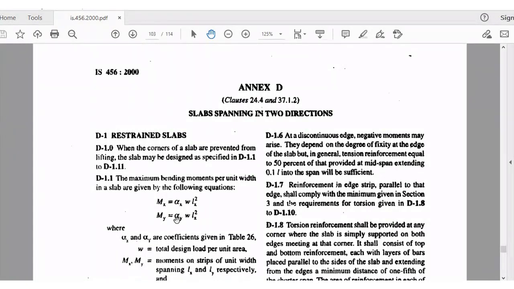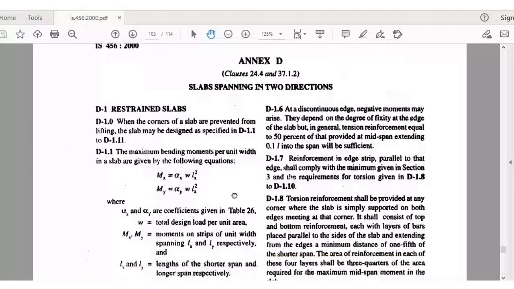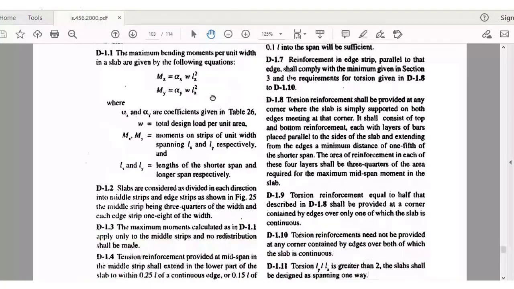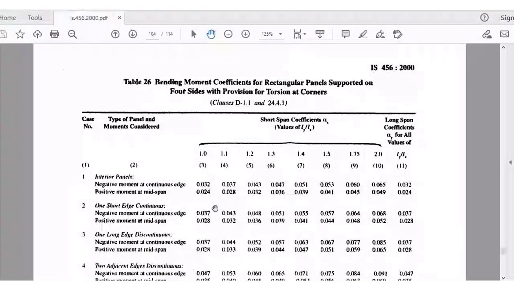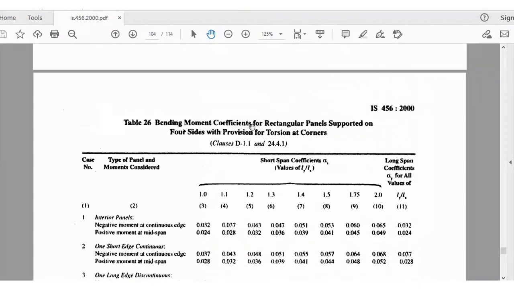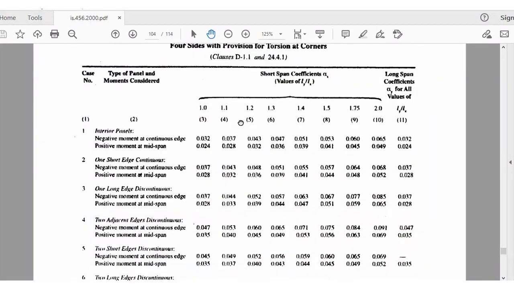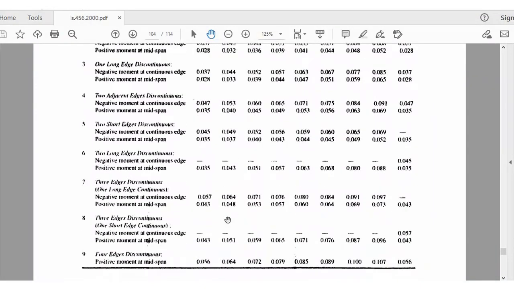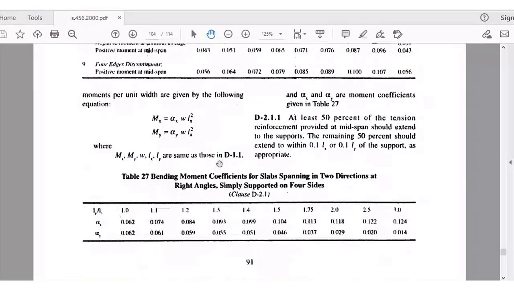Now, depending upon the edge condition, we had also seen how you can get the values of these coefficients alpha x and alpha y. The coefficient alpha x basically depends upon the ratio of Ly and Lx. Now, what we'll do, I'll try to derive one expression. Okay, say for this case, because it is quite simple to derive, it's a simply supported case. So you do not have indeterminacy. So definitely I can get that kind of expression for alpha x and alpha y. So let us do that.